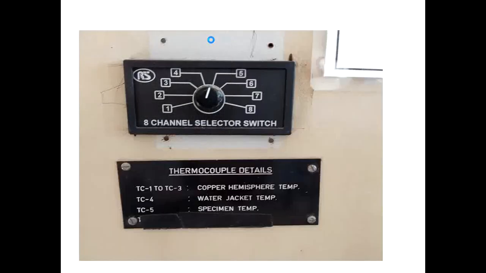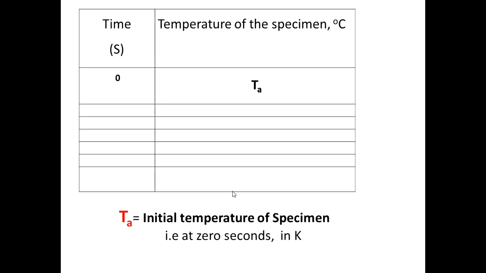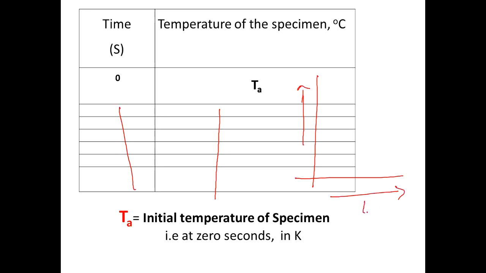Where you want to note down the temperature: in our department heat transfer laboratory, we have a test rig like this. You can note down the temperatures in the thermocouple by using the channel. You can get the thermocouple temperature reading. At time 0, you take the ambient temperature Ta. By varying the time, at equal intervals of time, you can note down the temperature. The reading will come like this. This is the temperature T, this is the time. So you will get the graph like this.